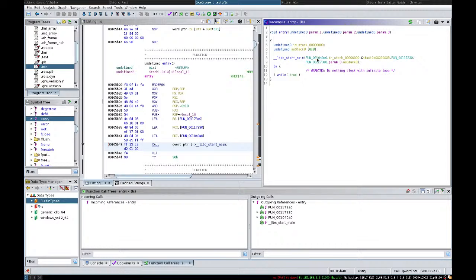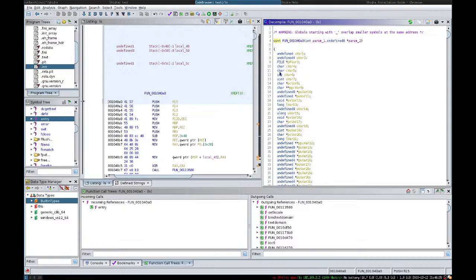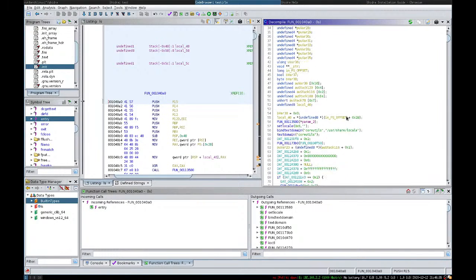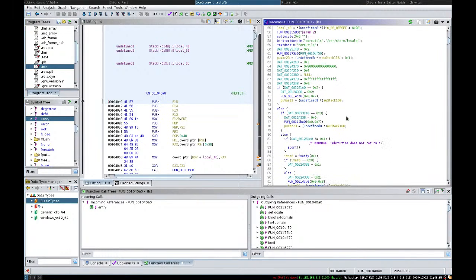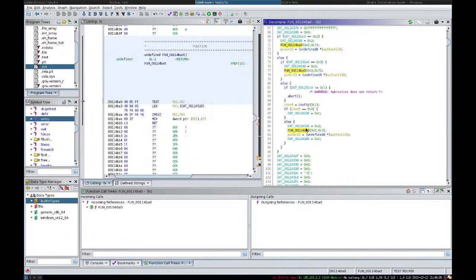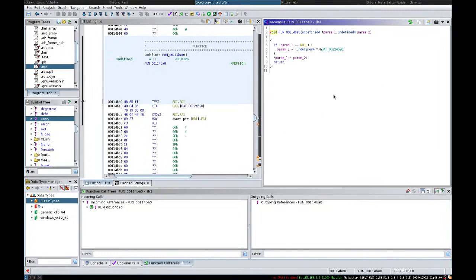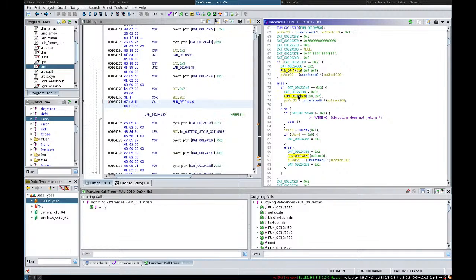So now if you double click on this function, you will be transferred both on the listing view and the decompiled view on this function. So let's say you click on some other functions too, and